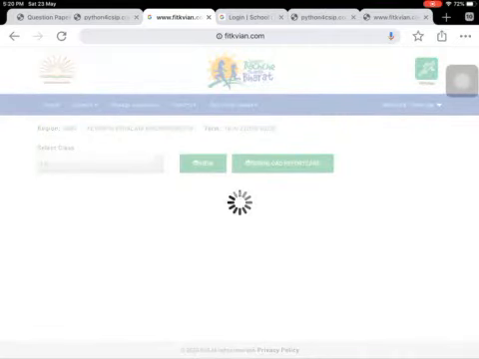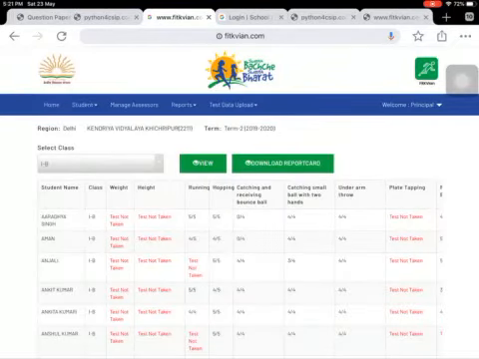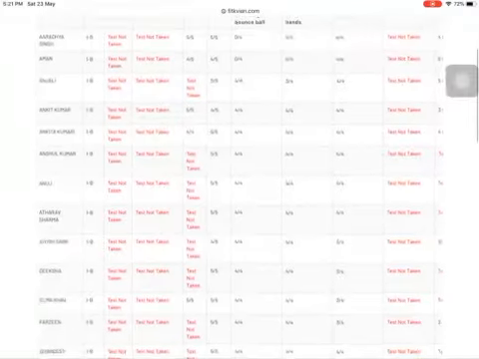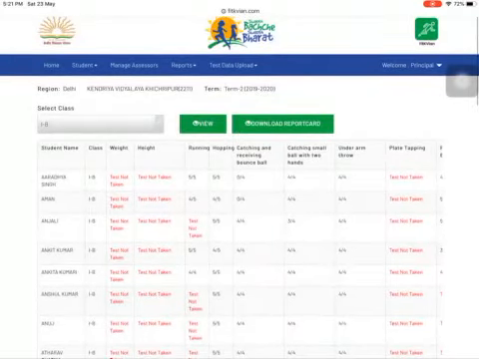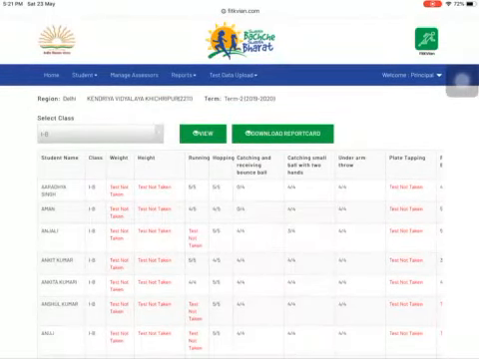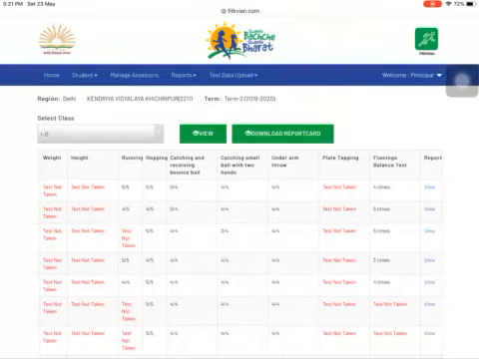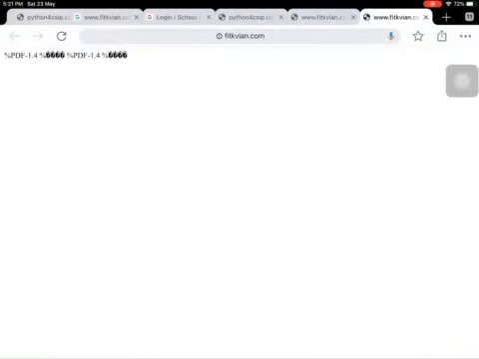It will open another window where you can see the individual's report card. I'll just show you. See, this is your file. Some of the tests, I suppose the weight is not entered here, anyhow. Keep scrolling towards your left. On the extreme right you see view. Now if you click on view,